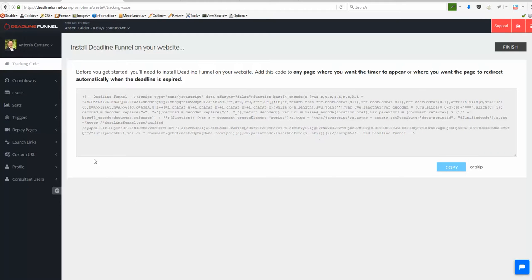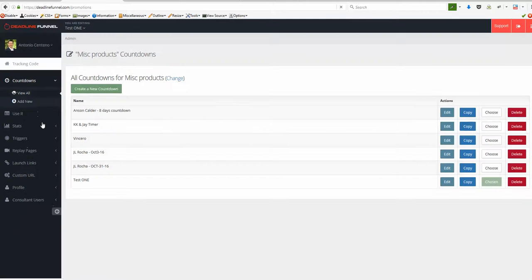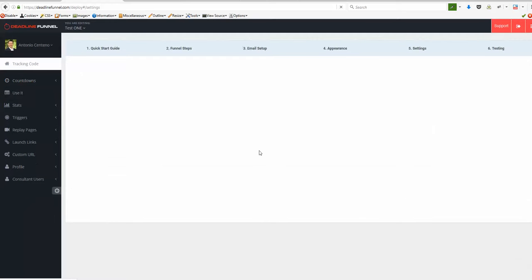Yeah, that's the code, but as you see here at the very top, there's a little bit of confusion. It's not fixed yet by the Deadline Funnel team, but they promised to do that soon. Anyway, as you see, you are editing now this different countdown. It's not true, but it's a little bit confusing. So let me go back to countdowns in this step and click view all and choose the right one, just to make sure that we are editing the correct one. And click edit. Okay,